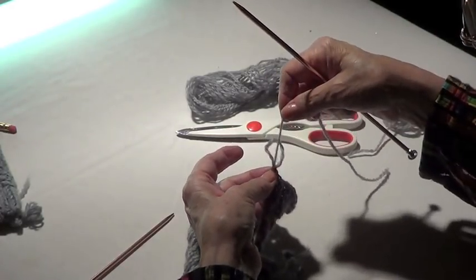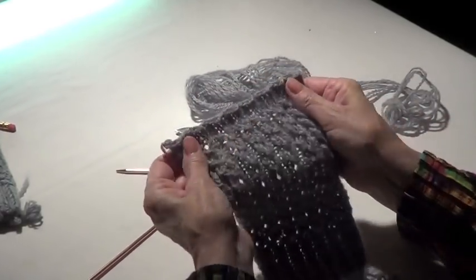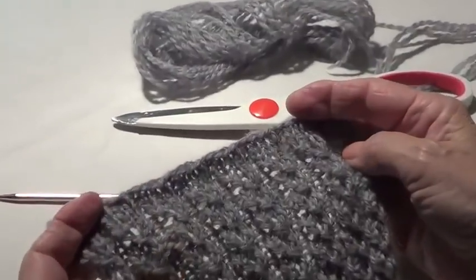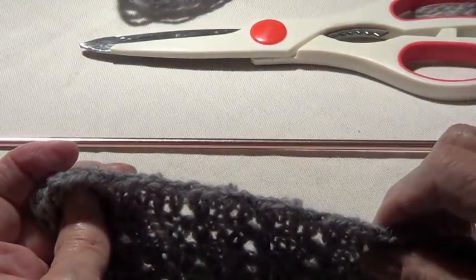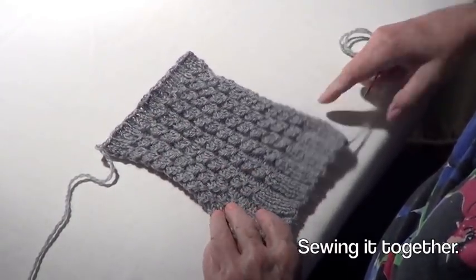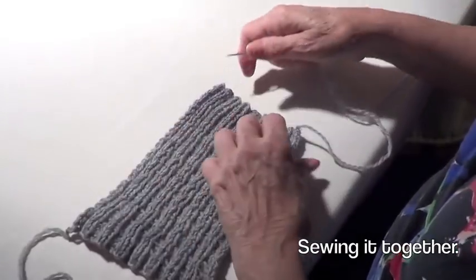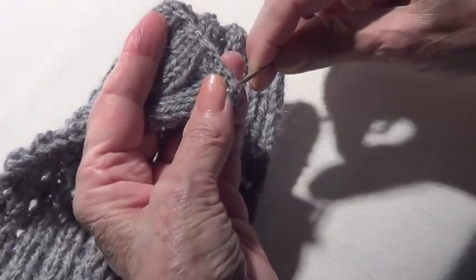Pass your yarn through your loop and see how pretty that looks. Very nicely finished. And all your stitches are laying down very nice. This is the glove that is already finished, and I am going to sew it. So I will go into that first,